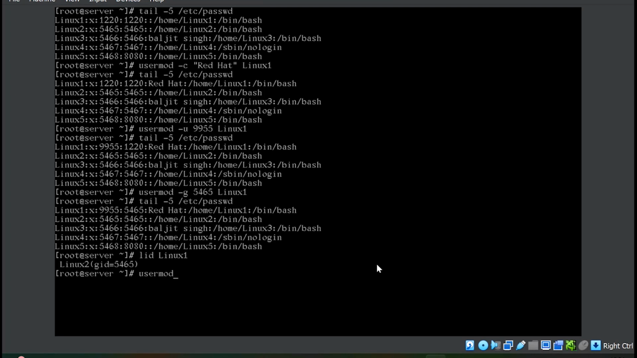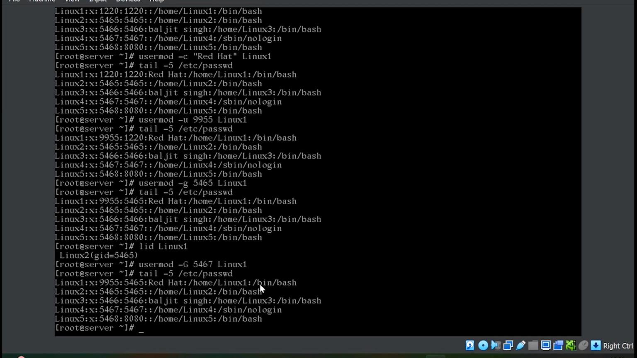So usermod -G. Now let us suppose that the supplementary group is 5467, which is the group for Linux 4, for Linux 1. If I now look into the details, here you will not see any change because